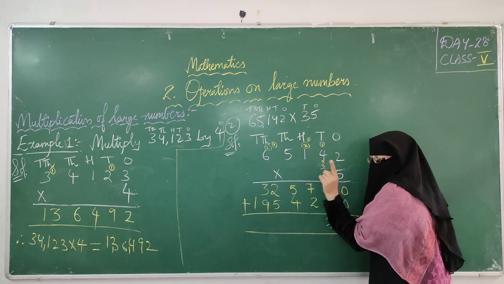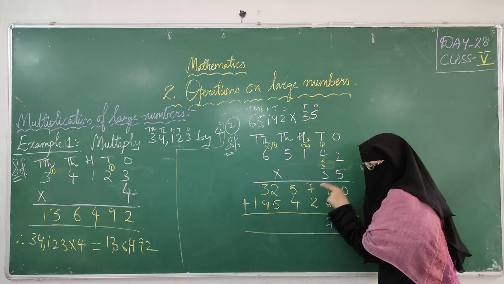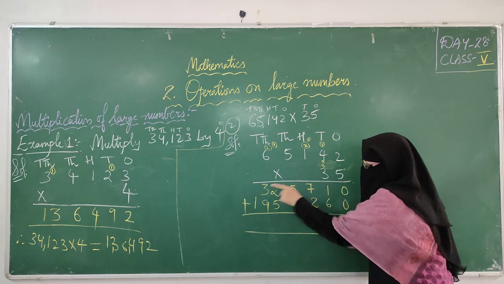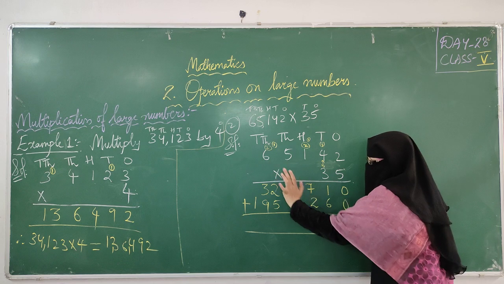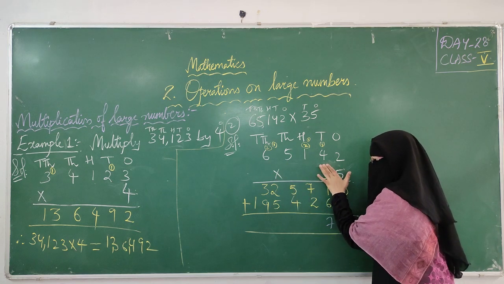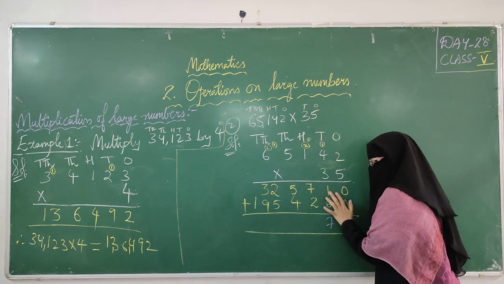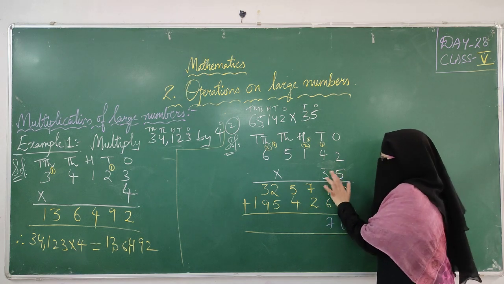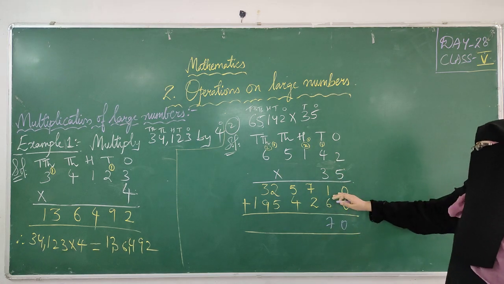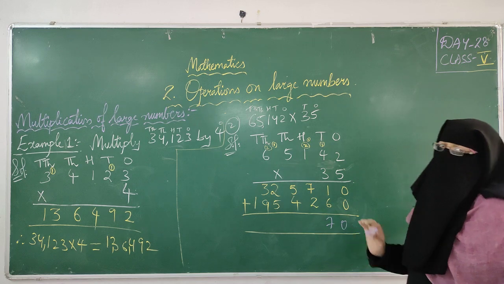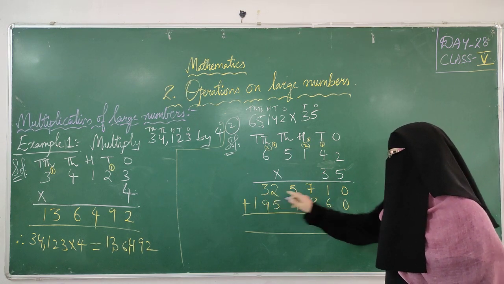Because first of all, initially in the starting, you multiply the numbers, then we will add these numbers, we will add the products. First we will multiply this number with all the digits, then the second number with all the digits, right? So after multiplication we will add these two products of these two numbers. You have to add both of these products. If you directly keep it simply that my multiplication is completed, it is wrong. After multiplication of these numbers you have to add the products. These are the products, right?